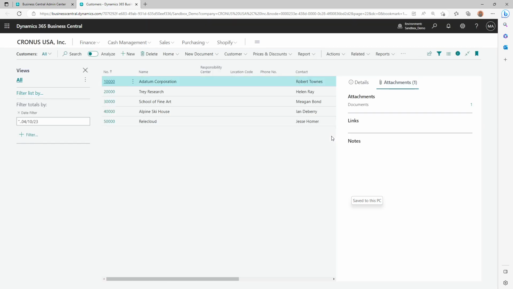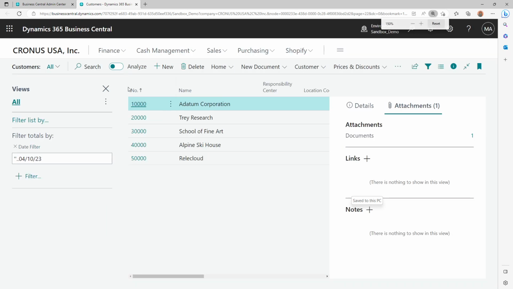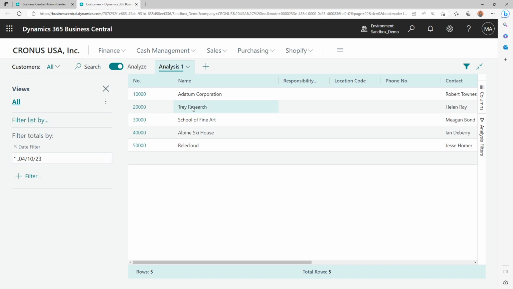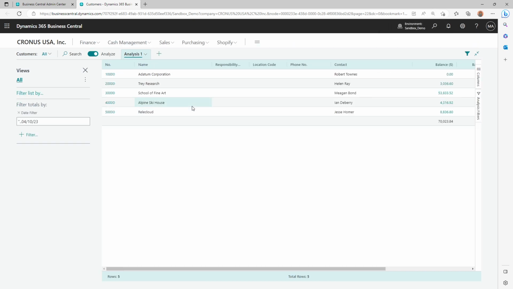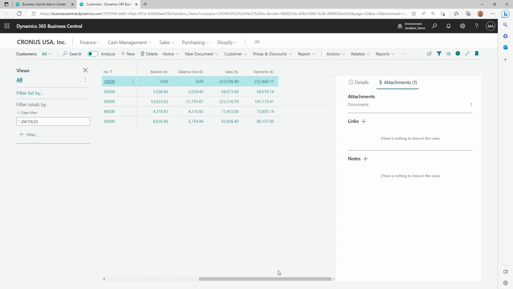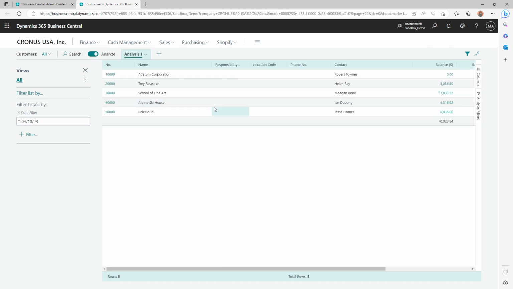it's an on-off or flip button like this called Analyze, which you can click and switch to the analyze mode, or come back to the list view by just clicking that button on your list page. So when you click on this, it automatically translates itself to an Excel worksheet, more or less. Whatever info you had on the list page, whatever columns you had here, all will be available here